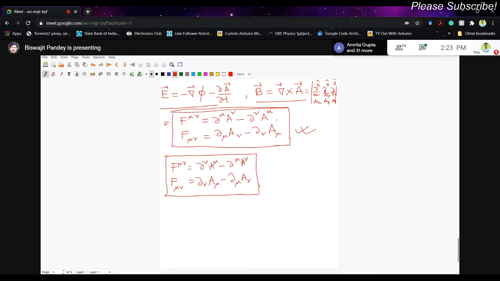We are only changing our language, and the underlying physics is the same. Earlier we were obtaining electric field and magnetic field from the scalar and vector potential separately. But now the advantage is that we are not treating them as separate entities. We are only interested in knowing the four potential. So once you know the four potential in a given